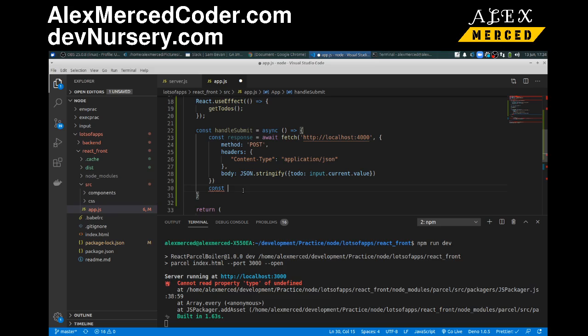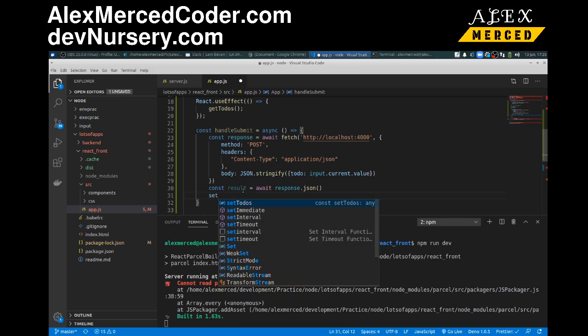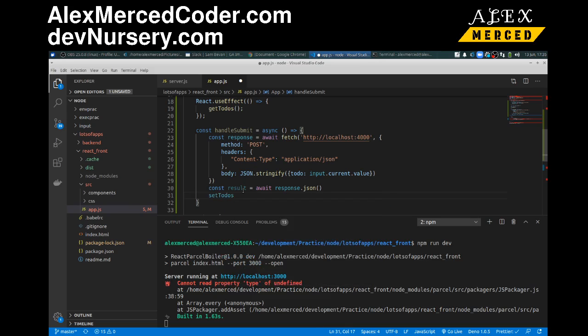So let's go make use of it. Const result equals await response.json, and then setTodos equals result. Okay,